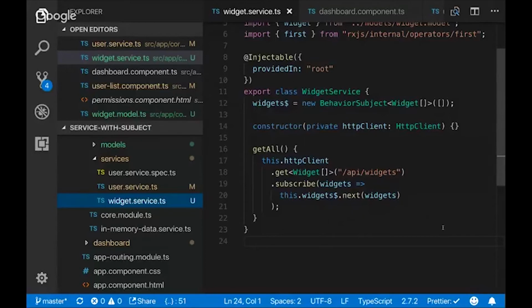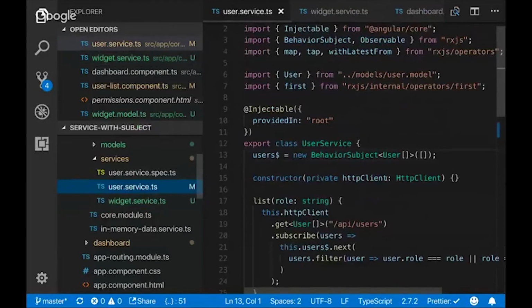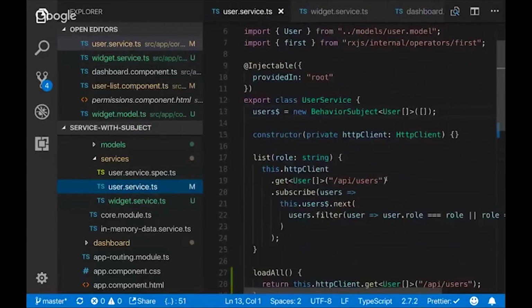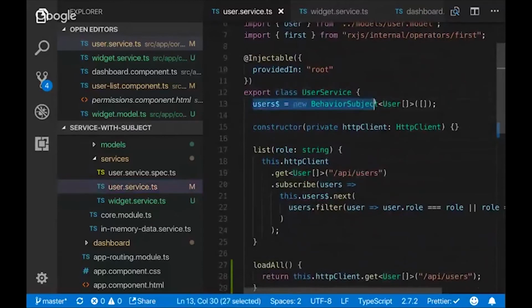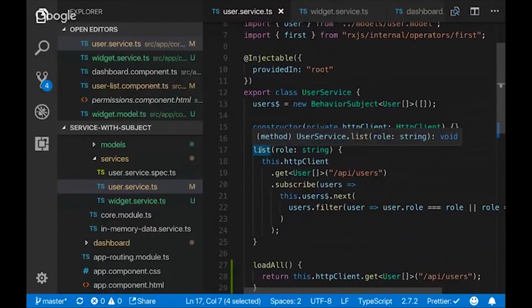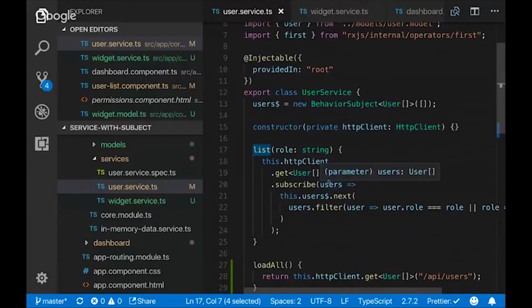But this isn't the actual example that we use with the user service. So let's take a look at that one next. The user service is a little bit more complex, but it's basically the same thing. We've got our behavior subject up here. We've got our variable that's exposed for that, so that we can go ahead and bind to that. And then we have a function called list. List is what we are using to be able to get either the admin version of the list or the standard version of the list. So we pass that in on the role. We're using the same type of get, making that call out there, and then we're subscribing, taking the users, and we are putting in a new value onto the stream using next.